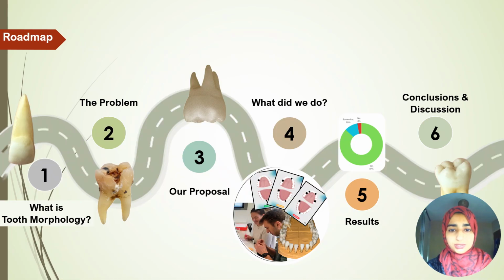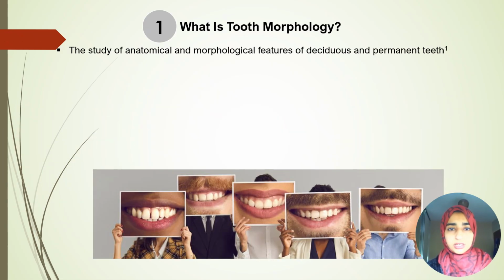So moving on. So in this presentation, I will go through the roadmap pictured here, starting with what is tooth morphology. So teeth are unique to each individual, but they also have common characteristics which allow us to distinguish them from one another. For example, pictured here is an upper left central incisor with a rectangular shape and a sharp edge